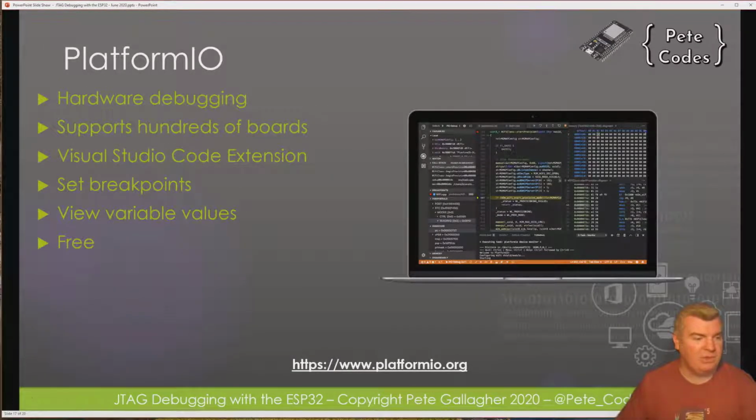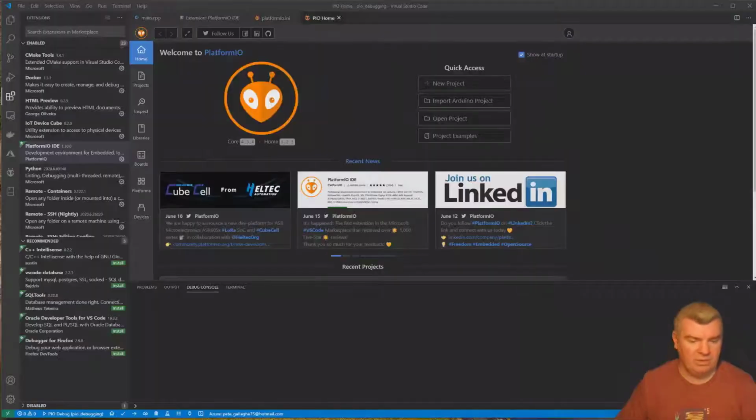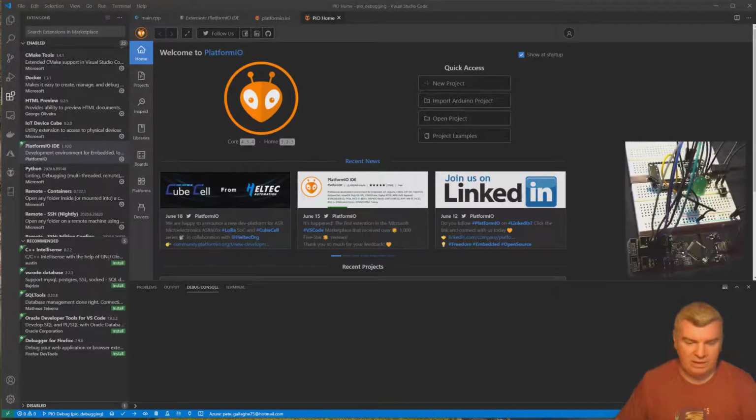So let's switch over to VS Code, and we'll switch back to having a board on my head. When you grab the extension from the Visual Studio Code extension marketplace, you'll get an extra little icon to choose from on the left-hand side. And then whenever you start up Visual Studio Code, you get this PIO home